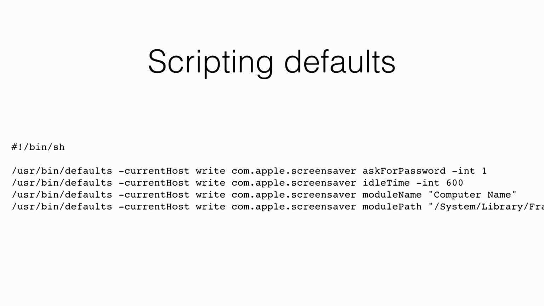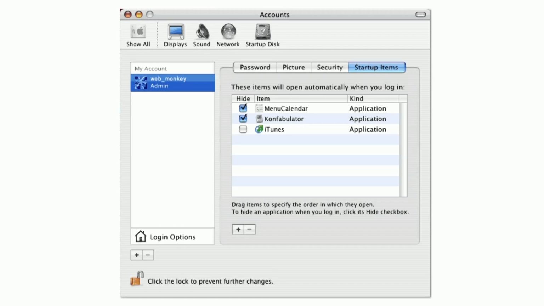So the first step I would do is I took those commands and I put them into a script. And this is a really, really fancy script, right? That's the first step of scripting, is the stuff that you type manually into the command line, just cut and paste it into a file, and that's the beginning of your script. So I wrote this script, and this would do the stuff that we needed. And then I had to figure out, how do I get this to run for every user as that user? And even back then in 10.1, 10.2, Apple supported this